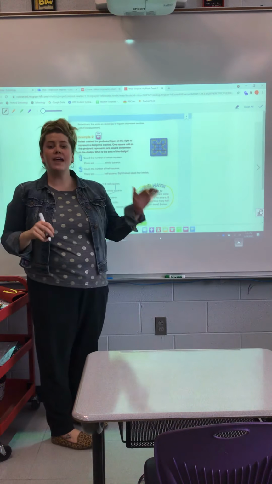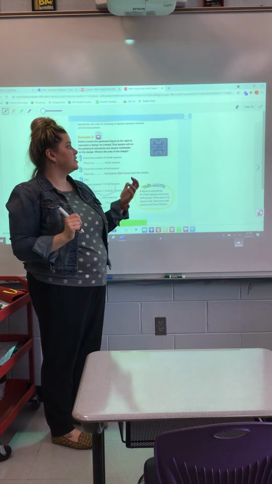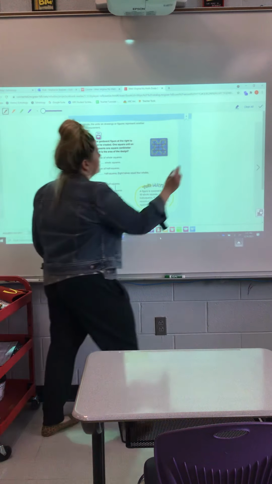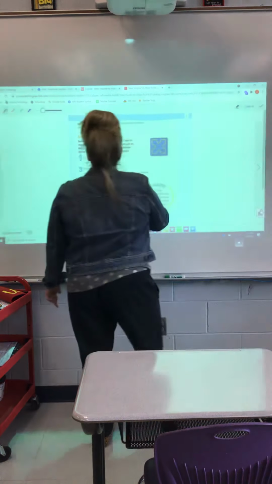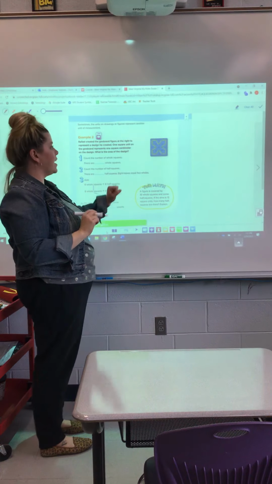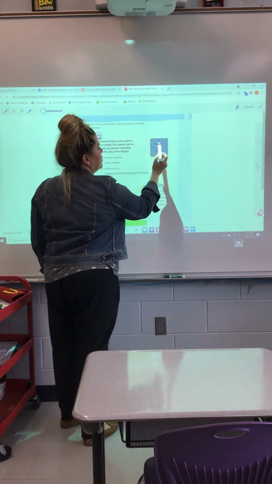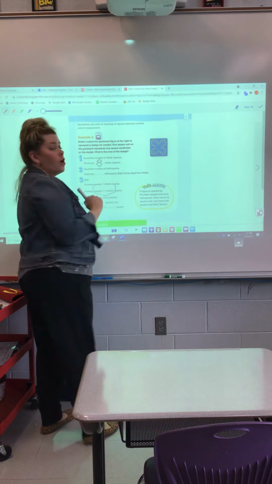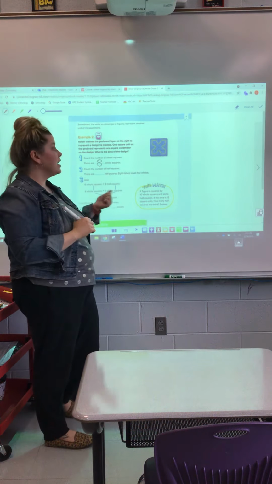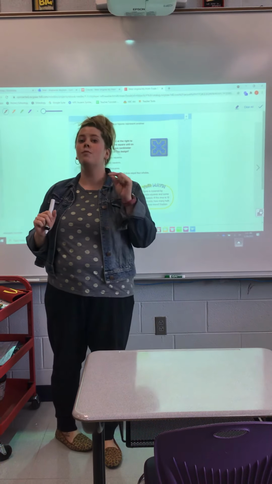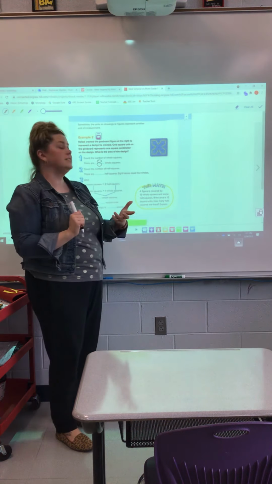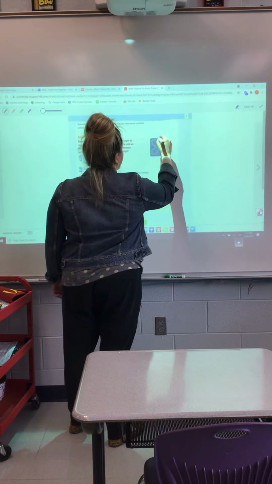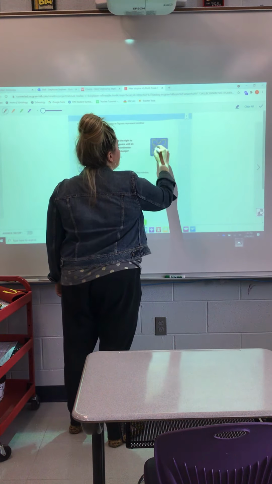Okay, so I drew my lines to make it a little bit easier to see. So now let's count our whole squares. Okay, count the number of whole squares. So 1, 2, 3, 4, 5, 6, 7, 8. There are 8 whole squares in there. Now, I remember I like to circle my half squares so that it's a little bit easier to see them, okay? So there are also 1, 2, 3, 4, 5, 6,